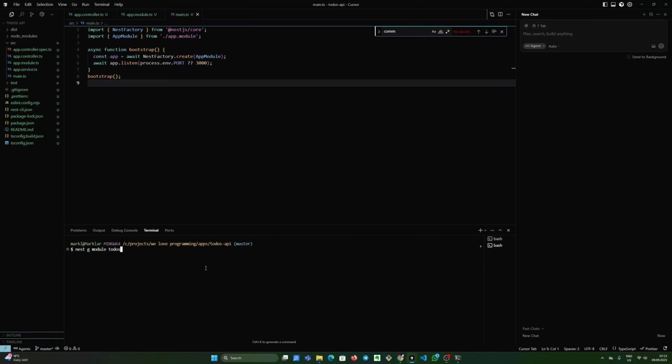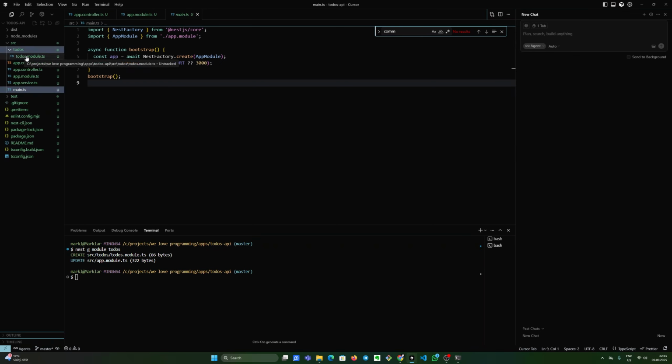Here it might become a bit confusing because sometimes when you have these CLIs, when you write the last parameter, it also wants the address, but here when I just write to-dos, it will automatically create the to-dos folder for us. In Angular, we would have to write to-dos slash to-dos to create the folder. So sometimes you need to learn how it works. So let's generate it